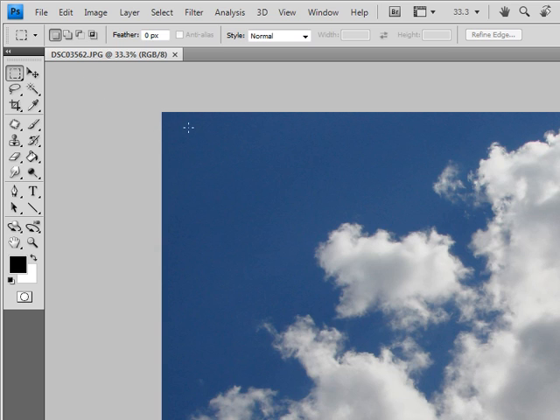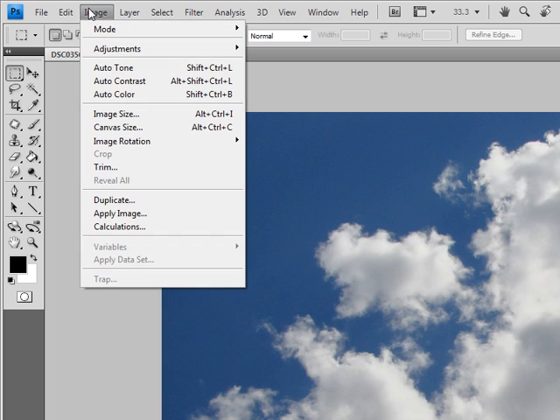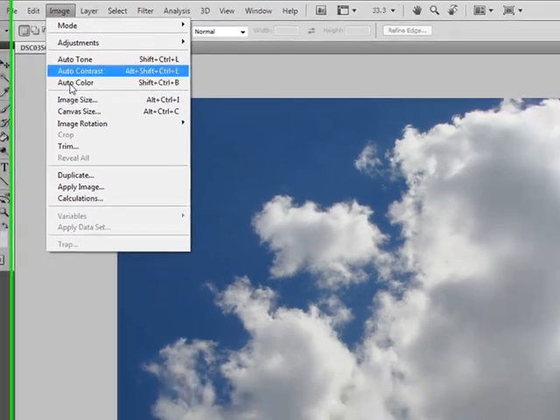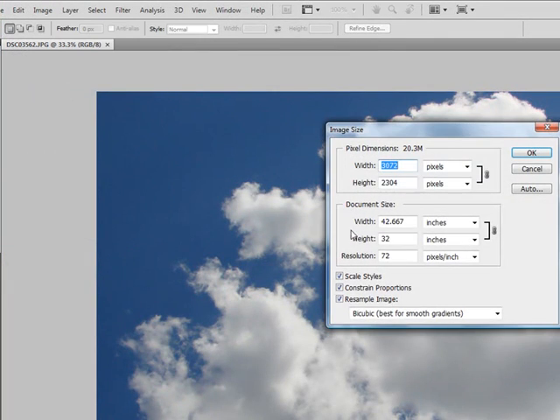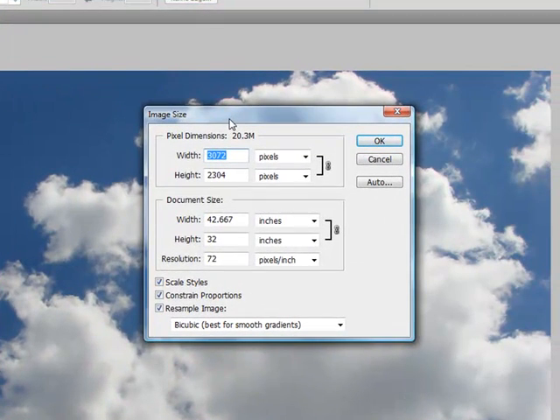Let's say this is the image. I don't want to crop anything. I just want to make it a little bit smaller because it's pretty large right now. Go ahead and left-click on the Image menu, come down to Image Size. Now some people might be familiar with this dialog box because it's very similar to the New Document dialog box. It actually asks you what width and height. Now if you wanted to